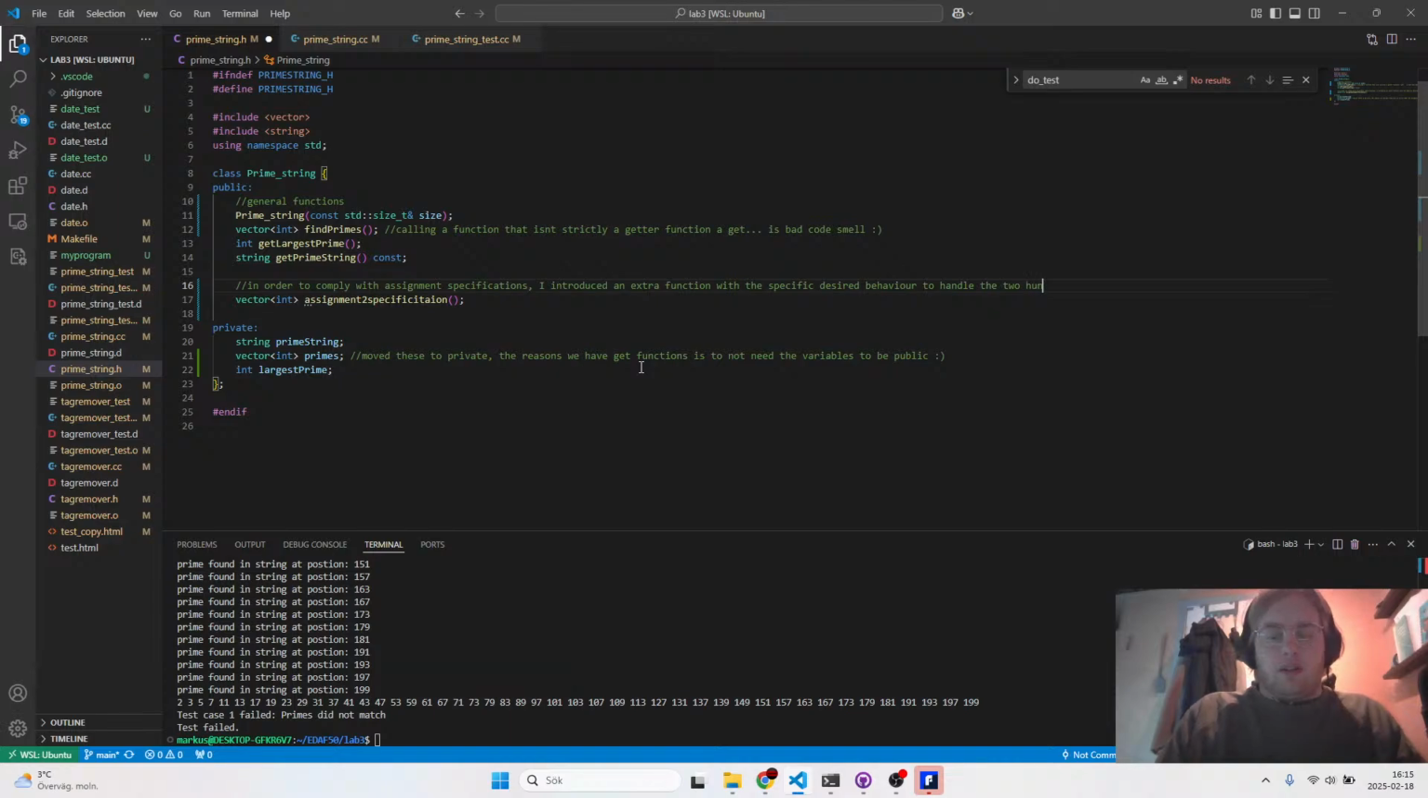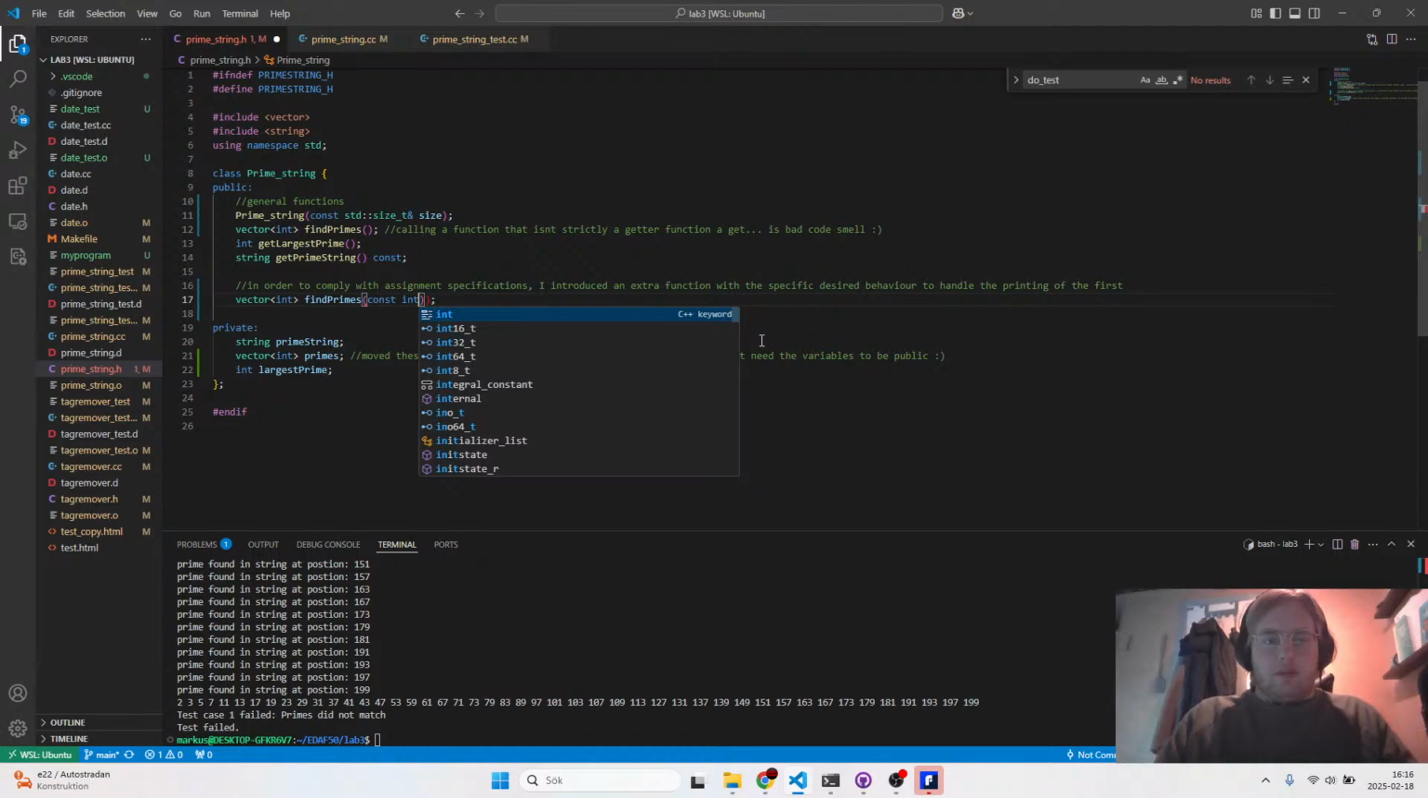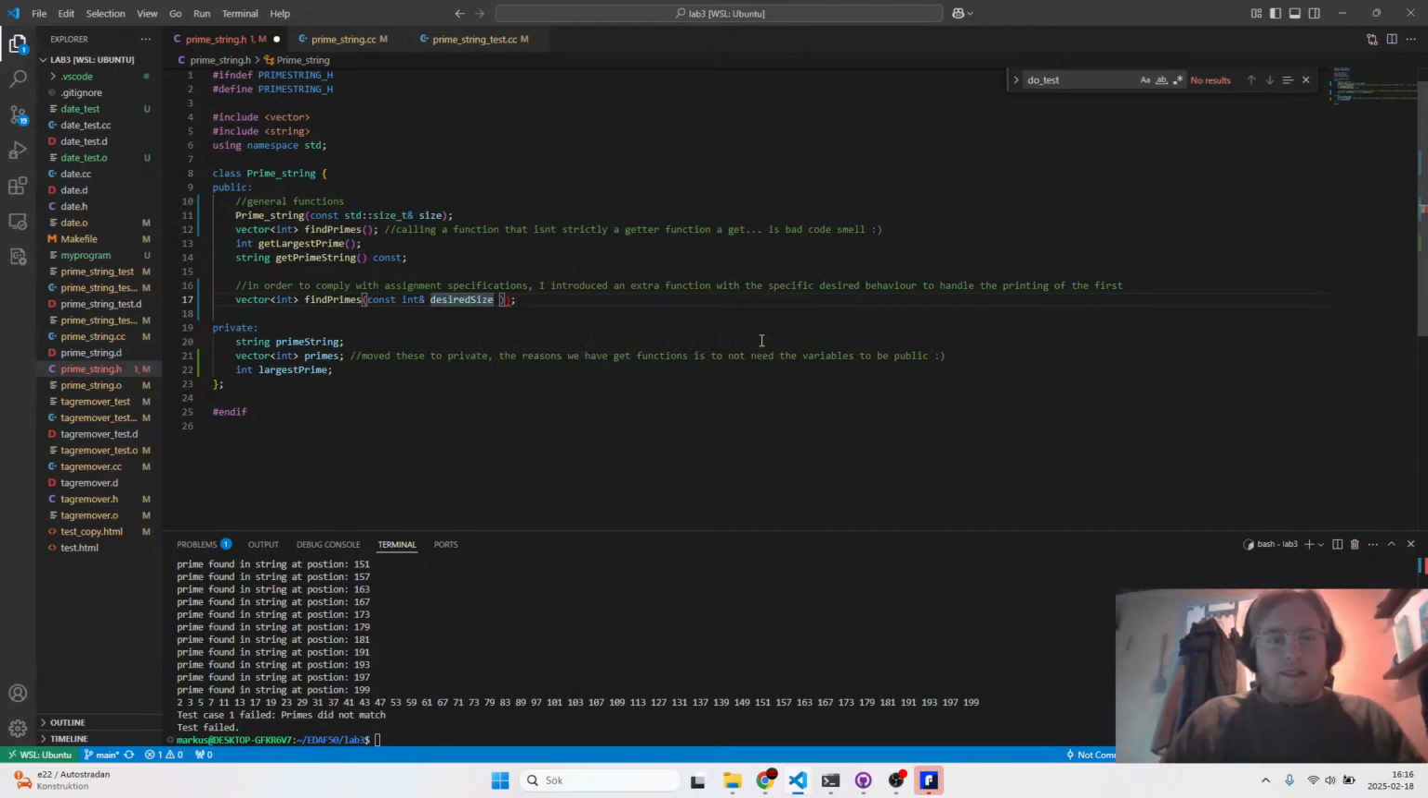the 200 and the printing of the, oh, actually here then you could specify, oops, const int desired size, or just size actually. Print out size, print out size,